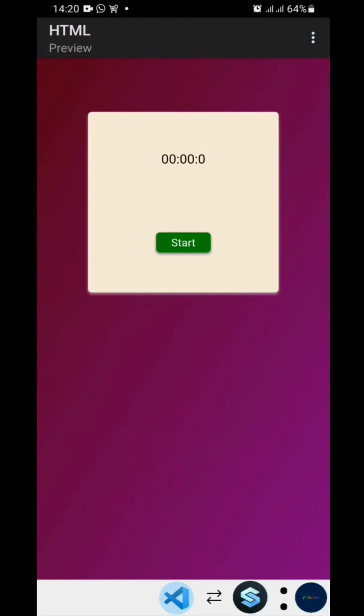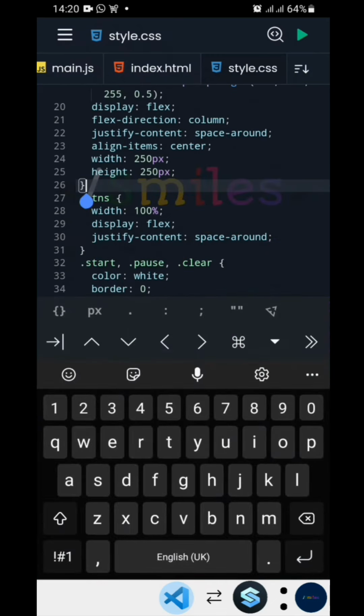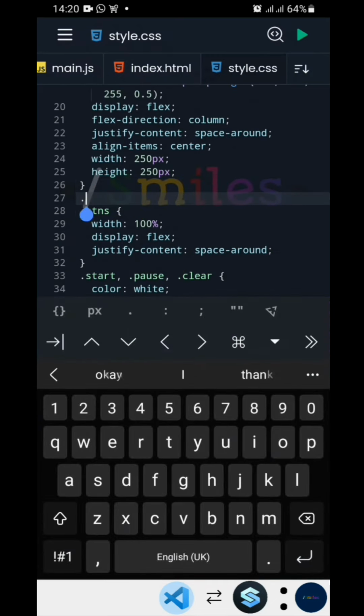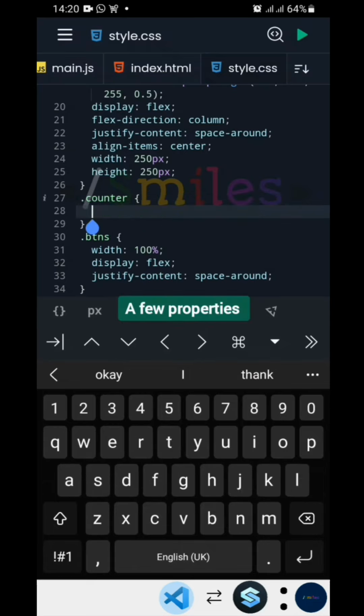Okay, now it's looking better. And the content, the counter class should have a few classes that increase the size of the font, also give it a really nice font style, and make the font weight light. So we're just going to be adding